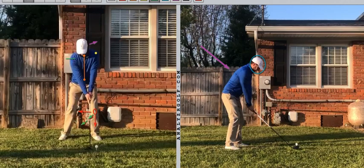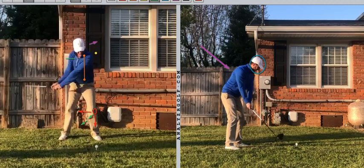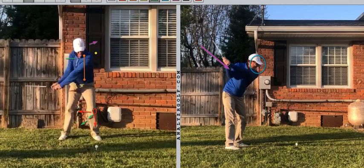At the moment, there's too much inwards, so there's a lot of turning, but that turning is not on a tilted angle, which is why when we look at it from down the line, we can see a marked increase in your inclination from around about 2.5 to 4. You can see your head coming up out of that blue circle